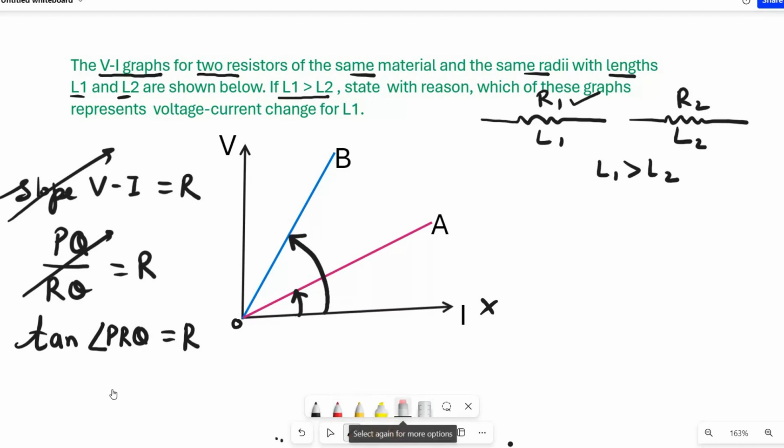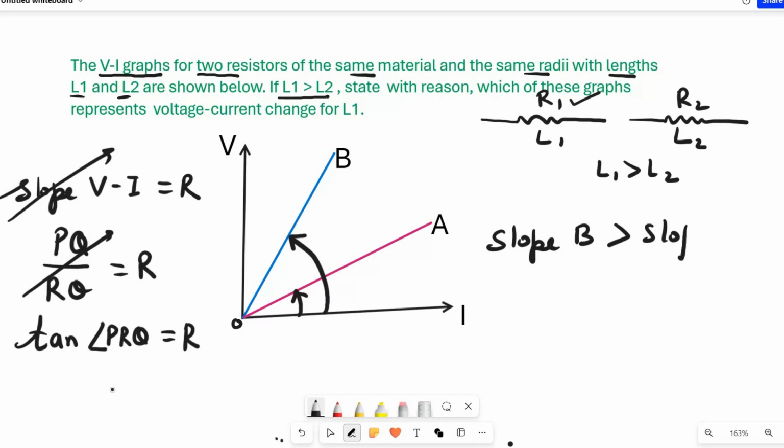So graph B has more slope. The slope due to graph B is greater than the slope due to graph A, and more slope means the resistance offered by graph B, or the conductor to which graph B belongs, is greater than the resistance